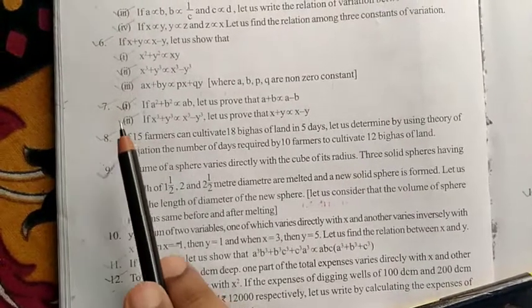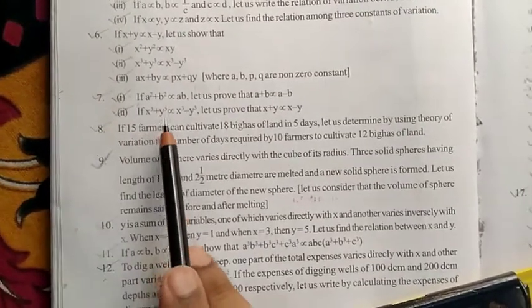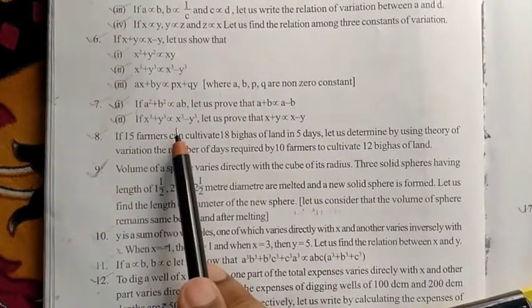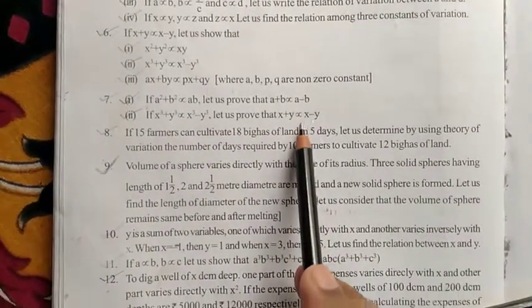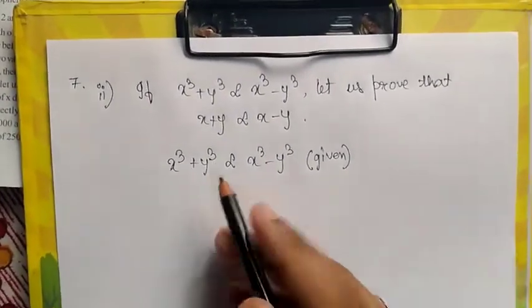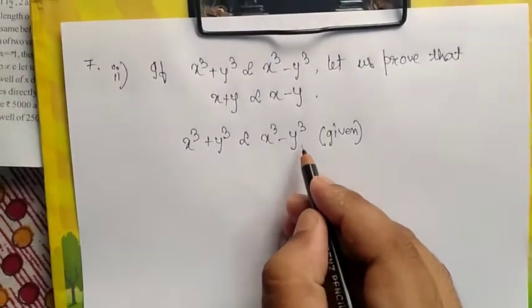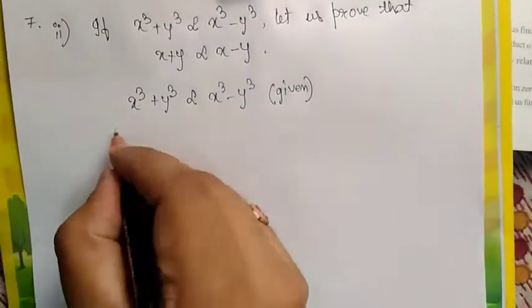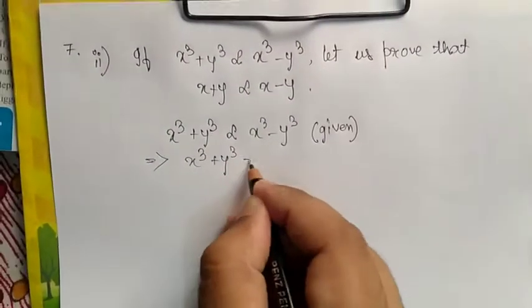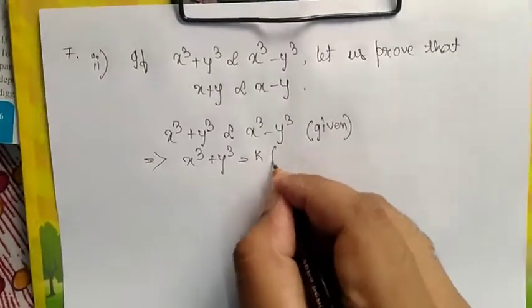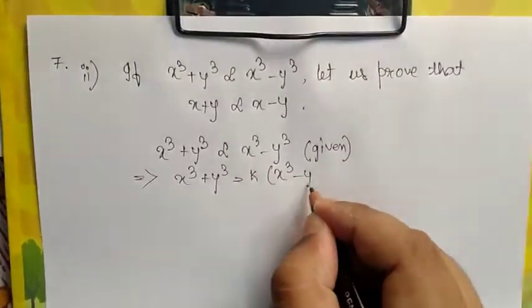This is sum number 7 part 2. If x cube plus y cube varies directly with x cube minus y cube, let us prove that x plus y varies directly with x minus y. Now, x cube plus y cube varies directly with x cube minus y cube; these are given. So therefore we can write that x cube plus y cube equals k times x cube minus y cube,